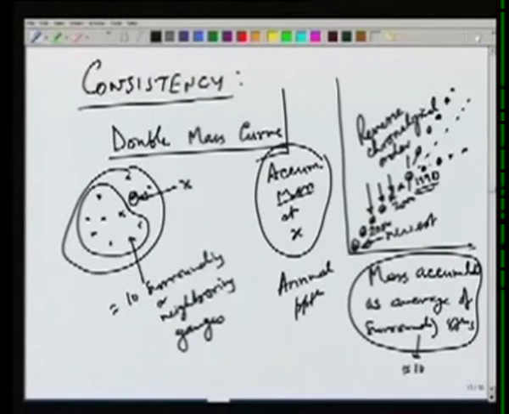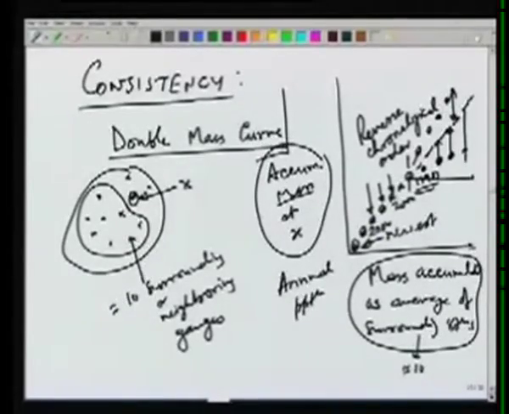Either the station was moved or the environment around the station was changed, and therefore we need to correct the earlier data and bring it in line with the recent data. So if the data is here, we have to move it here on the line. So there is a correction factor which has to be applied to all the data before 1990, and that correction factor will depend on what is the value to the line, actual value A, and the observed value